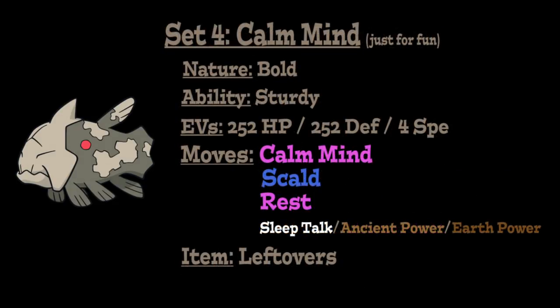Finally, for the last moveset of this video, I have a Calm Mind set that I'm going to show off for you that Relicanth can run just for fun. So we're going to start this one off by giving it a Bold Nature to increase its physical defense but lower its physical attack, go with the Sturdy ability, and an EV spread of 252 HP, 252 defense, and 4 speed EVs to maximize our physical bulk, while also putting 1 point into its speed stat to make it just